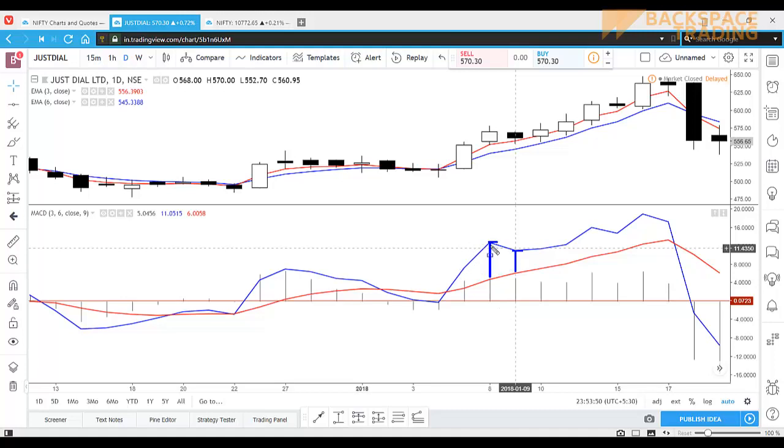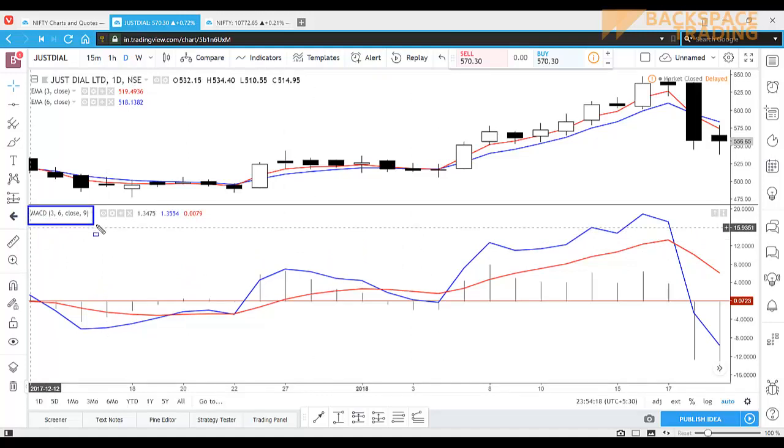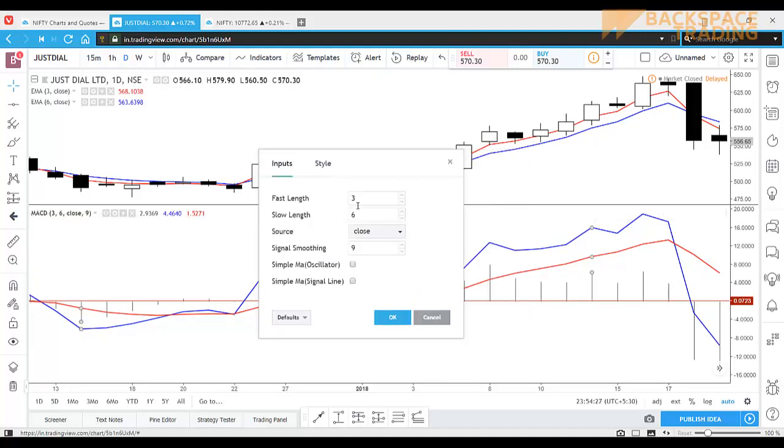So we have a setup on MACD as well, so that is good. Now let's check. Our MACD 36, the micro MACD or micro trend, is up. Let's check the intermediate trend by changing it to